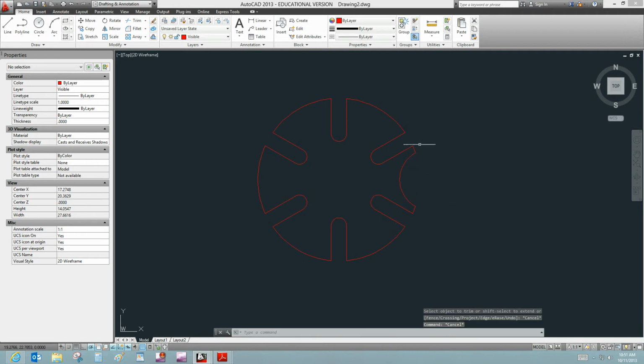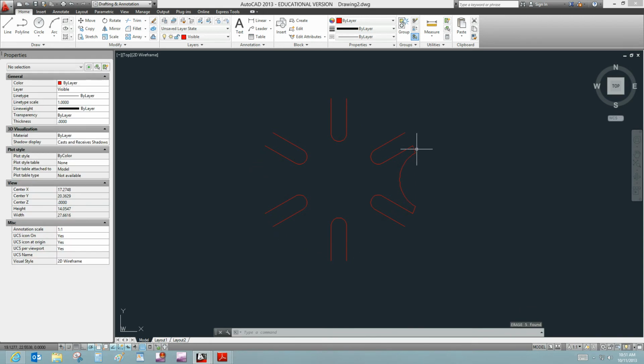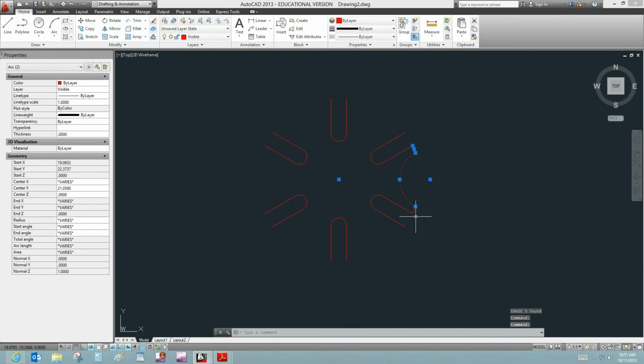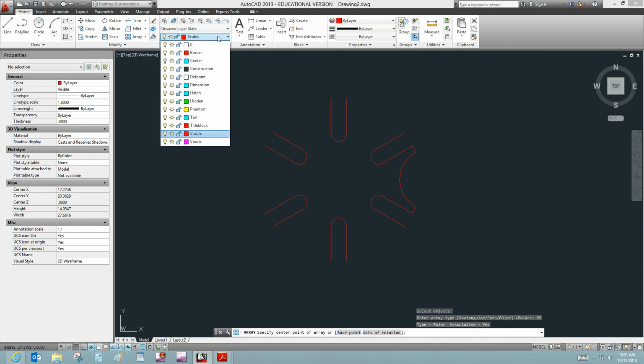What I'm going to do now might confuse you just for a second, but I'm going to erase these that I've already created, and I'm going to array this arc and this arc around. So AR, enter, and I want to select this arc and this arc, and then enter. And I want a polar array. Okay, the center point. Let me turn my center layer